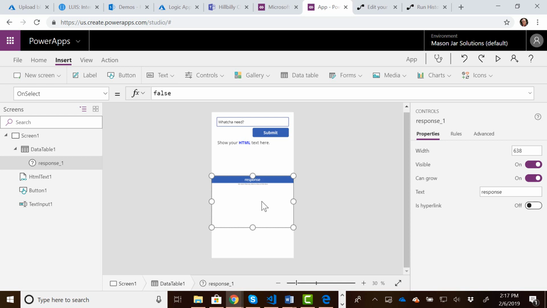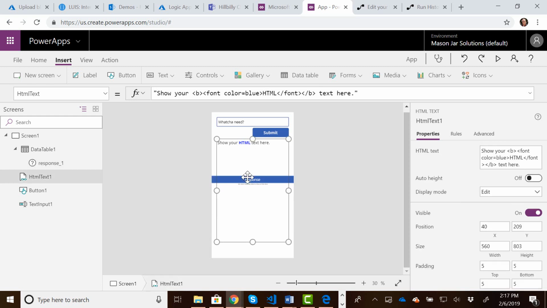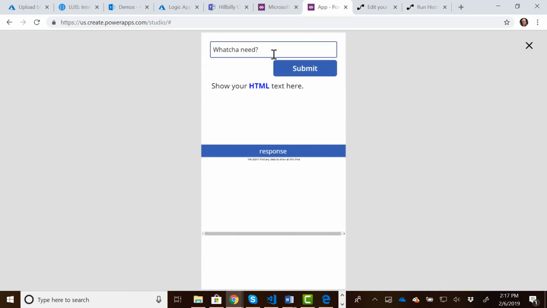The last thing we need to do is display that response in our HTML text field. We can't just display the response. We could display the response in the data table, but it's not going to be formatted with HTML. It would just be unformatted. In fact, let me show you guys what that looks like. So let's go ahead and run this now. And I can type in something to our text box here. I can say hello and submit that. And you can see it came back in this data table, but it's HTML formatted,